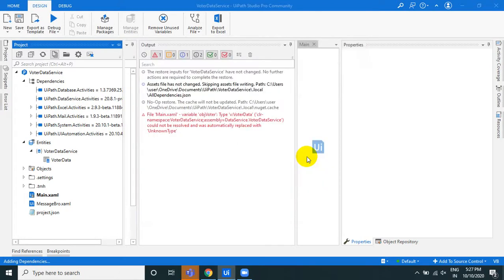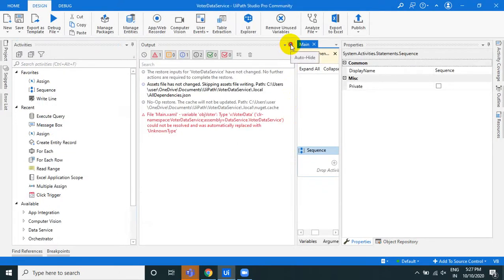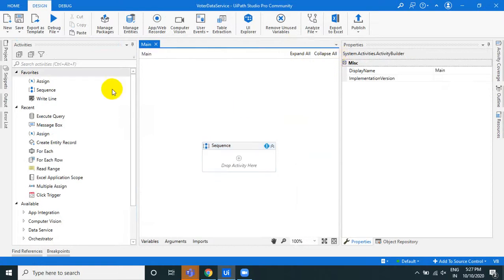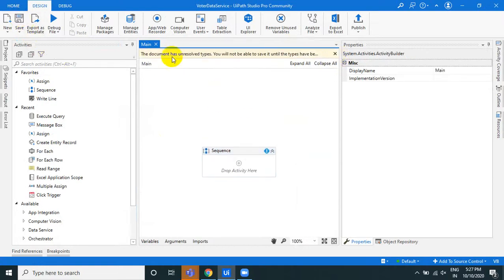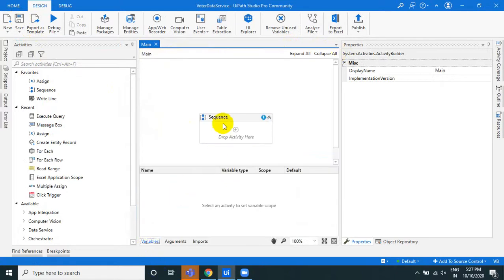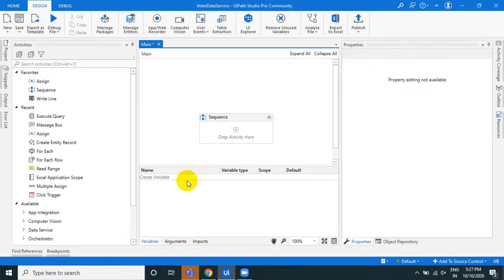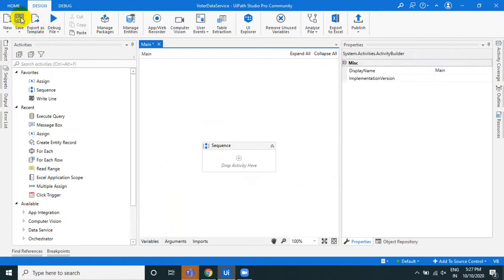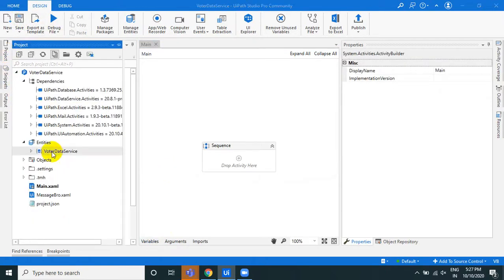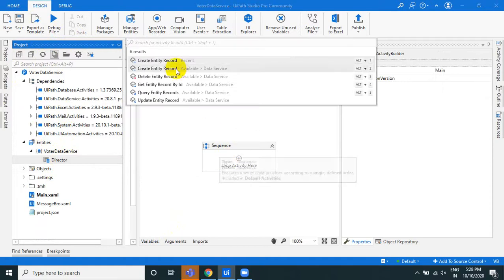So today we will see how to retrieve. Let us see here. It is showing some errors, document unresolved. What is the error? Maybe because of this one. Okay, now it is empty. Let us refresh this also and see what happened. Under this, let's drag and drop this director and click on get entity records or query entity records.